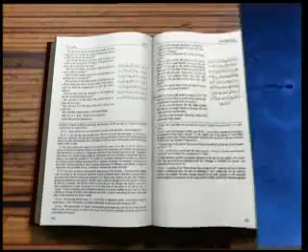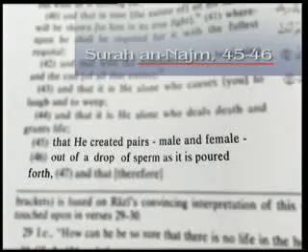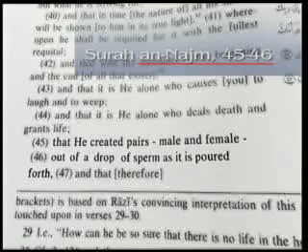Until fairly recently, it was thought that a baby's sex was determined by the mother's cells. Or at least, it was believed that the sex was determined by the male and female cells together. But we are given a different kind of information in the Qur'an, where it is stated that masculinity or femininity is created out of the sperm poured forth into the womb. That he created pairs, male and female, out of a drop of sperm, as it is poured forth.